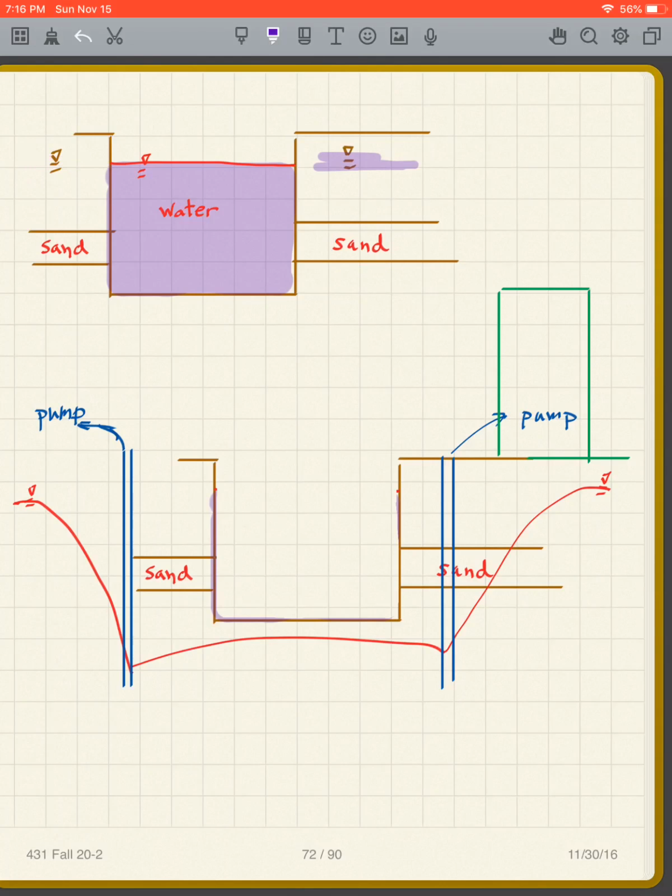What's going to happen? That sand layer is saturated. If I dig a hole here, the water is going to come in through the sand, and it's going to fill up to this level. And so I can't really dig that hole. I can't dig it in the dry, and the water is going to fill up our hole. So generally you don't want that. So one way to avoid it